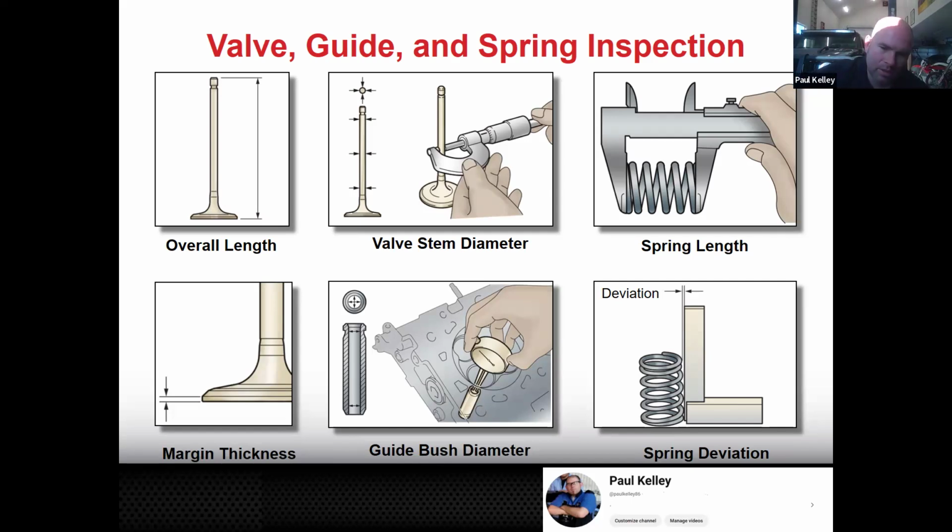There are a couple of exceptions. Machine shops exist basically to save us money and do stuff that we don't really have the expertise to do. A good machine shop should justify themselves because, hey, we can do the work that you can't do, and we can do it cheaper than it costs to replace it. Because you could always replace stuff. You don't need the machine shop. You can just buy it new. But if the machine shop is good, they'll say, look, you need a new head, or we can fix those valve guides. They can do a process called